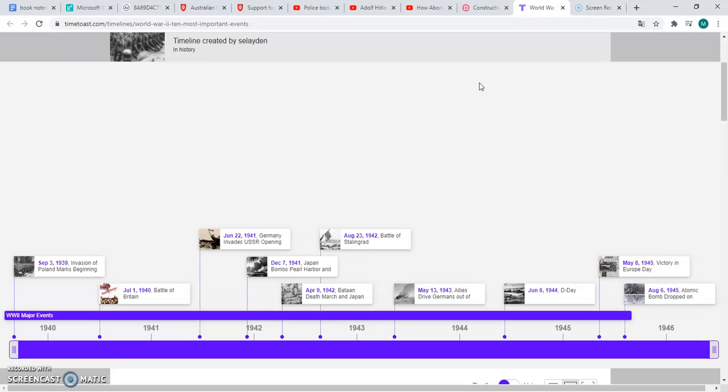I think Time Toast and timelines can be used in the classroom and developed right throughout, maybe a whole semester or a year of study, as a scoping tool, like a baseline, showing how the different areas you've focused on and covered in the classroom relate to each other in historical sequence, rather than sometimes being disparate as you jump around from one period to another. So it could be used to really scope out and link up history,